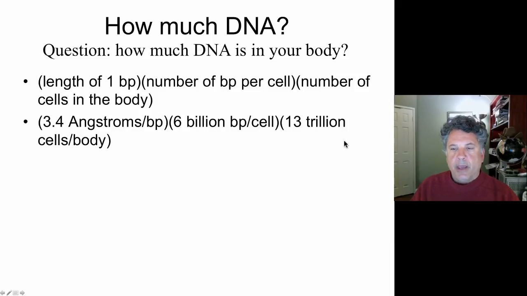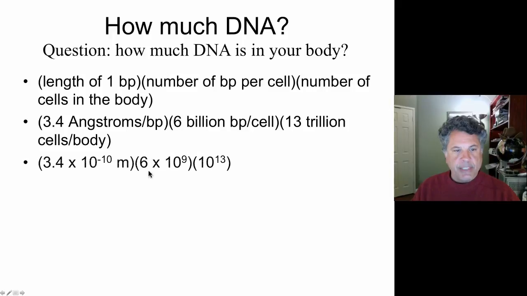But you also have about 13 trillion cells in your body. Actually, this number is probably an underestimate. A lot of those cells are in your brain, in fact. So you have lots of cells, and you've got lots of base pairs per cell. And even though the distance between base pairs is very tiny, 3.4 times 10 to the minus 10th meters, the sum of these numbers actually works out to a very high number, which is 2 times 10 to the 13th meters. Now, let's ask how long that is.